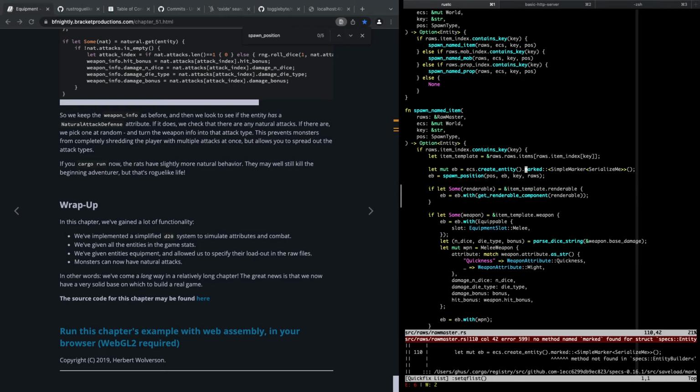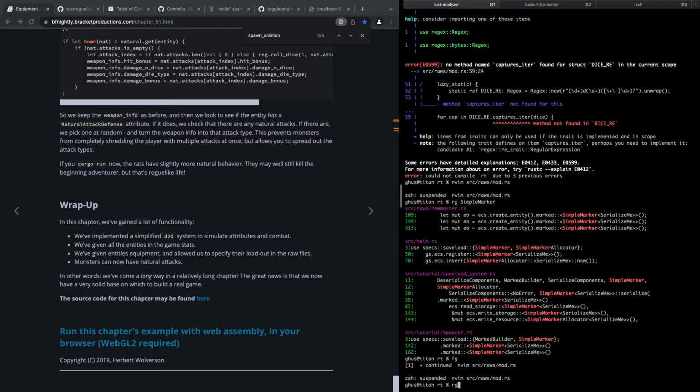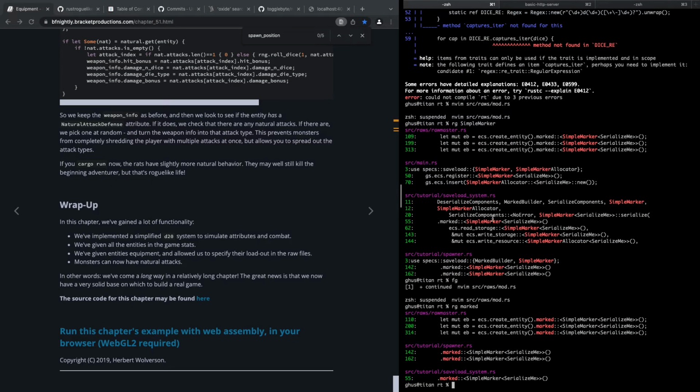Alright, we're getting closer. Marked is not found in entity builder. Pretty sure